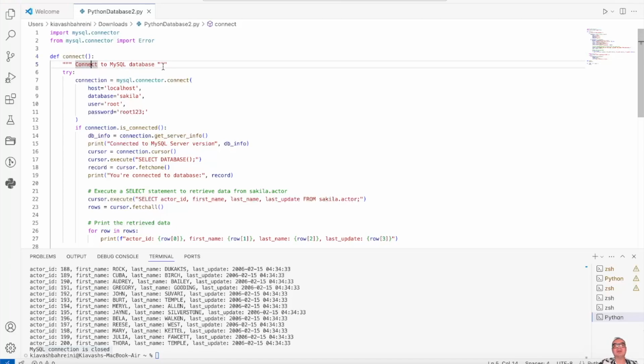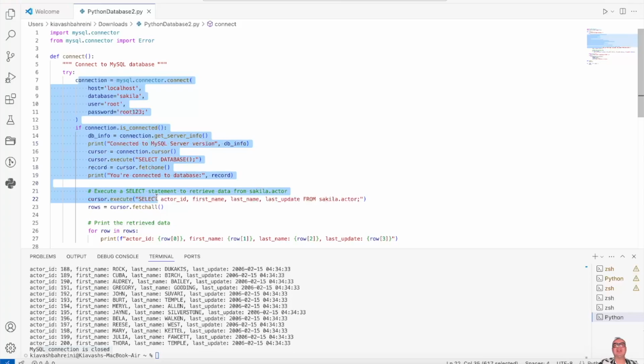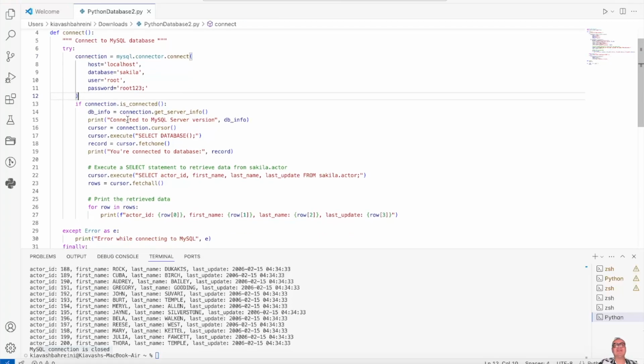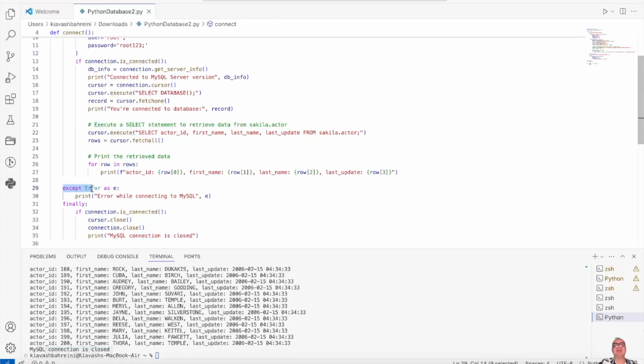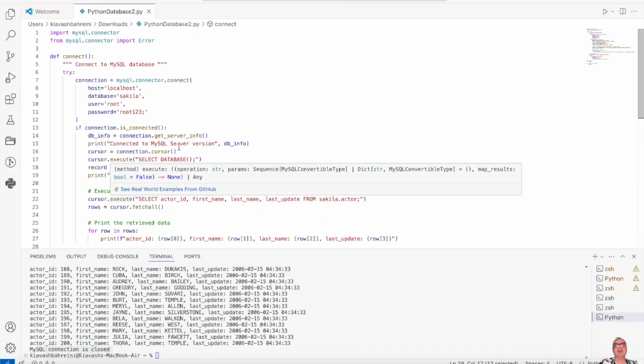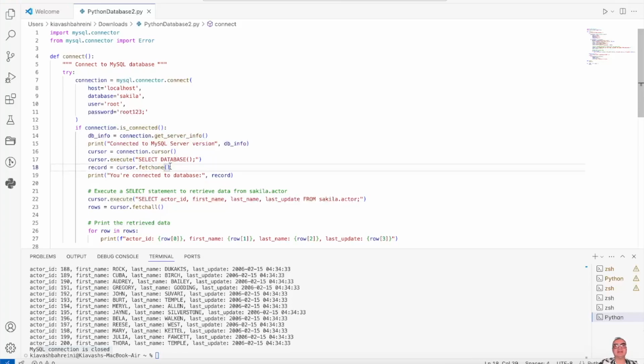Connect to MySQL database, and then inside the try block, because the code that you can see here is error prone, we have to put it inside a try block. Then if anything happens, the except using Error will catch the error message and show us the specific error message related to that, like database connection or syntax error or anything that it is. So we need to create our connection. In that case, we say connection is equal to